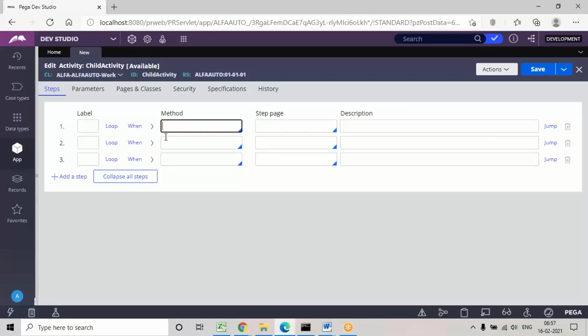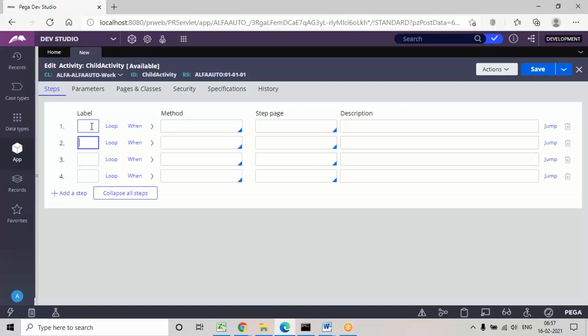Today I'll show one or two options, and as I regularly add activities in the application, I'll show the other options step by step. So I'll just give a purpose now. Label means, suppose you want to block a step, if you want to skip this complete step without executing it, in the label option you can just give a comment or double dash, whatever, and this step will not get executed; execution will directly start from step number 2.